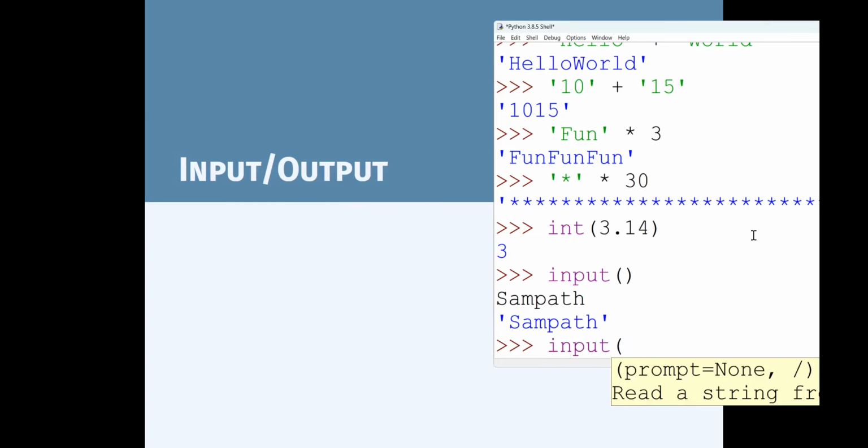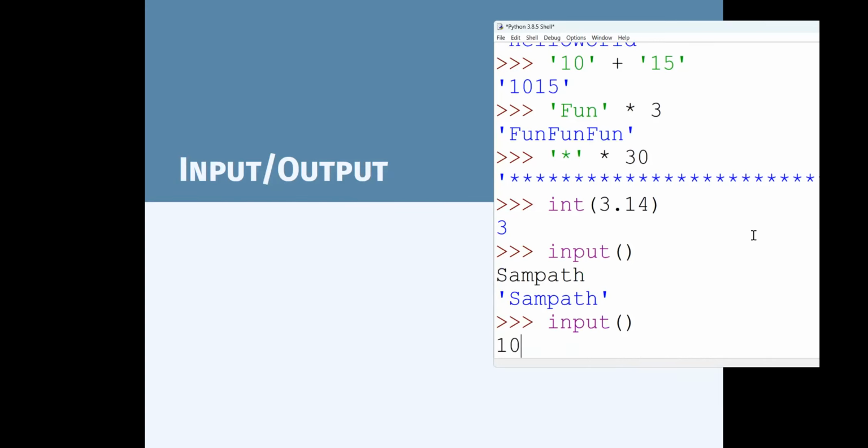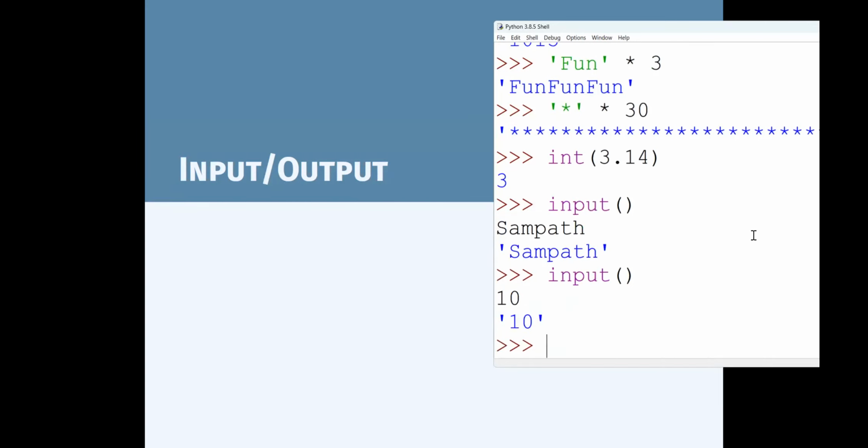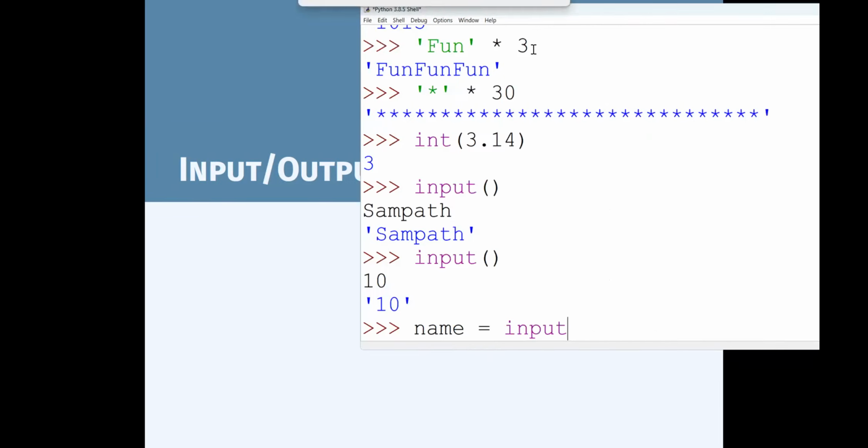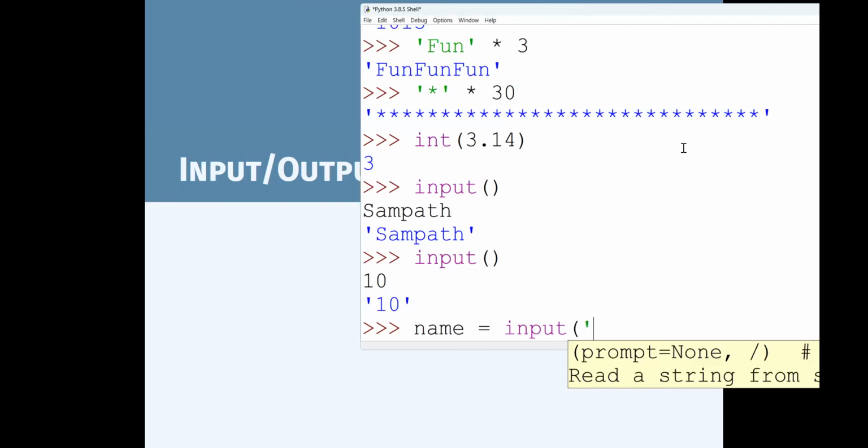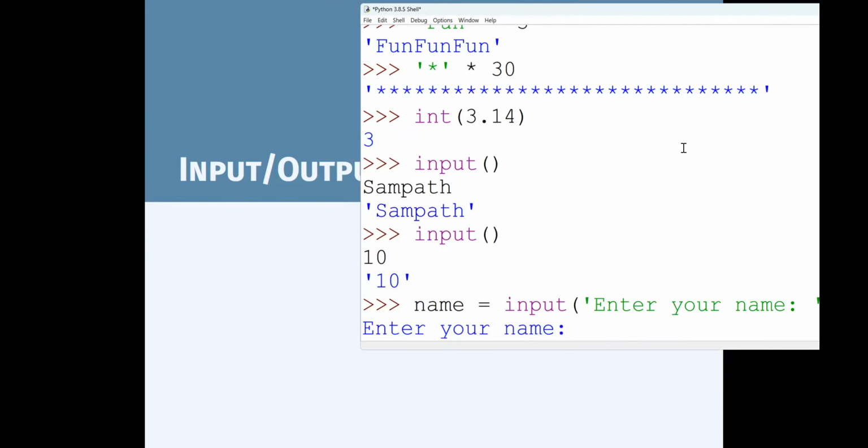If you're not sure, you can just put a number 10. It is represented as 10 with single quotes because input is always taken as a string value. Very important. So if you want to get somebody's name, let's say name equals input, enter your name.